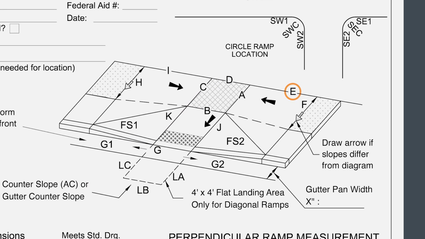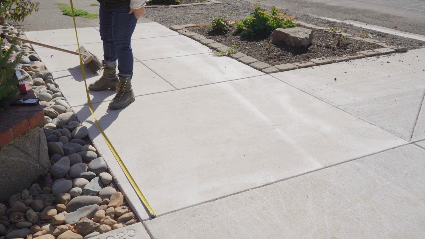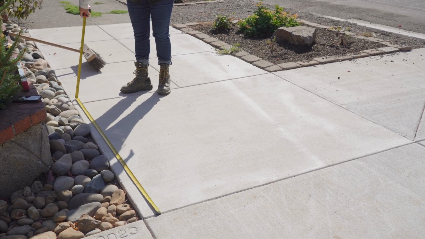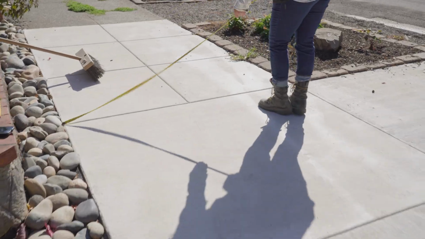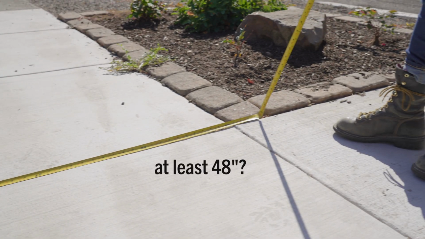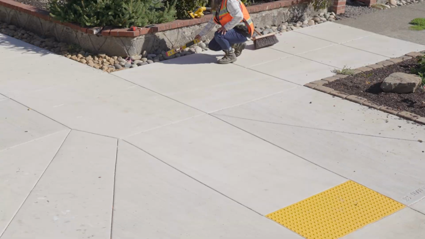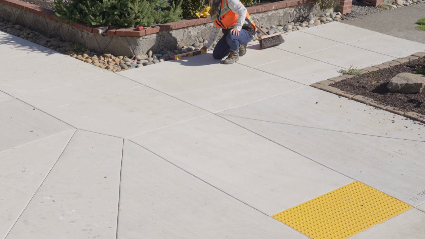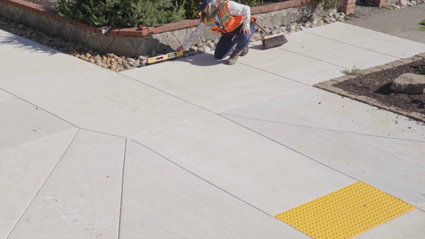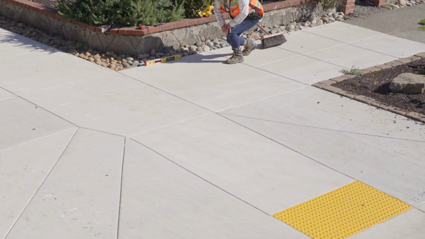Now, move on to E and F, which are typically the upper ramp that transitions from the level panel you just measured up to sidewalk grade. E doesn't have a minimum length, but it absolutely can't have a slope of more than 8.3%. Then, move on to F, which does have to be 48 inches at minimum. Then move on to checking your levels. We just found out this panel's 64 inches, so you'll need to take 3 measurements with your 24-inch level and record the highest to make sure you capture everything.